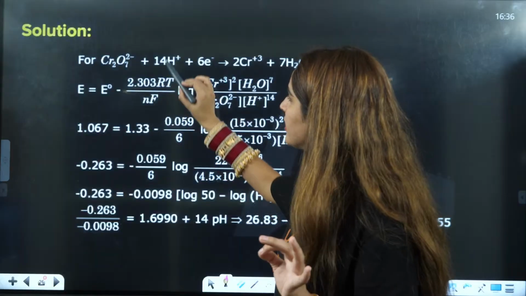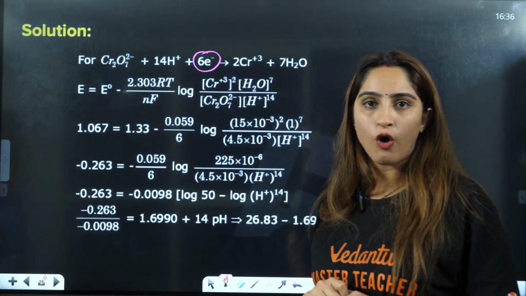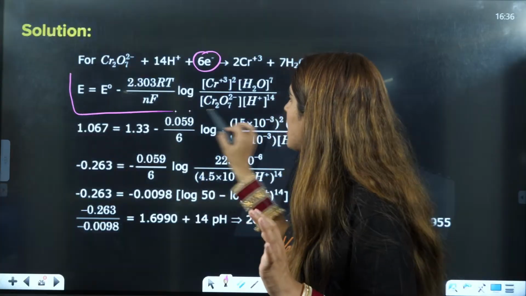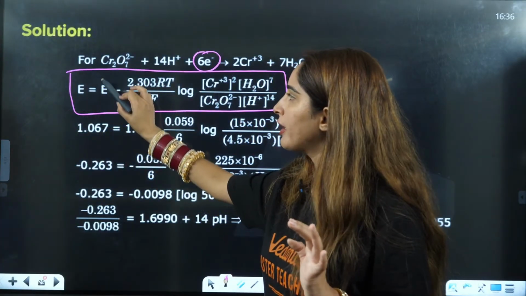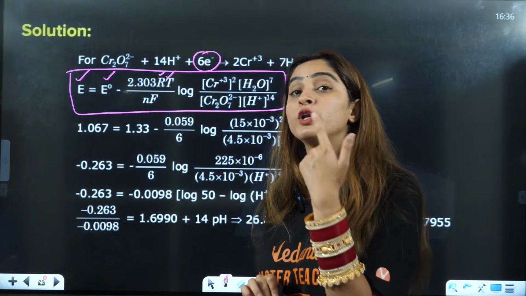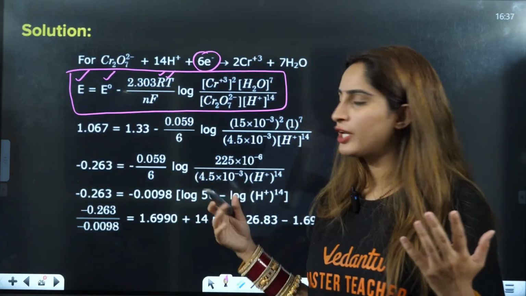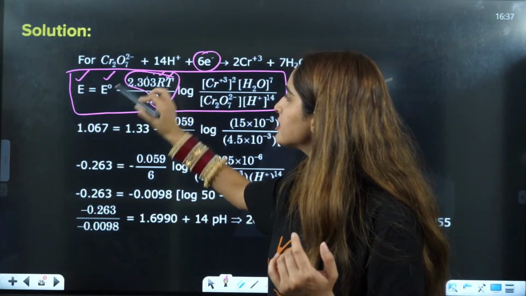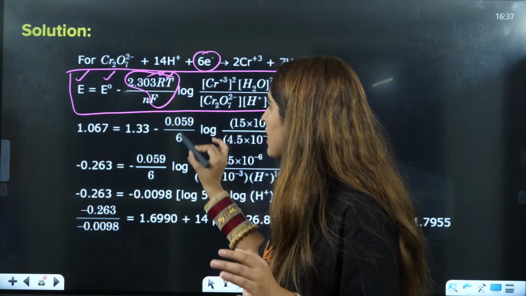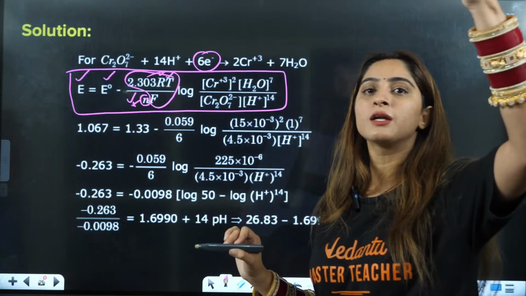So if you see this here, that is going to be this reaction. We know that the n factor is 6, electrons getting lost and gained. It is given in the reaction itself. So this is the Nernst equation: E equals E naught. E naught is given, E is given, R and T we already know. You don't even need to put the value of R, because this value we already know, that is 0.059, or you can just directly write 0.06, right? This is given to be 6. Now log is product by reactants.